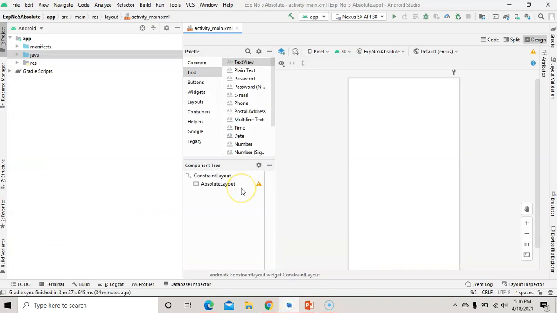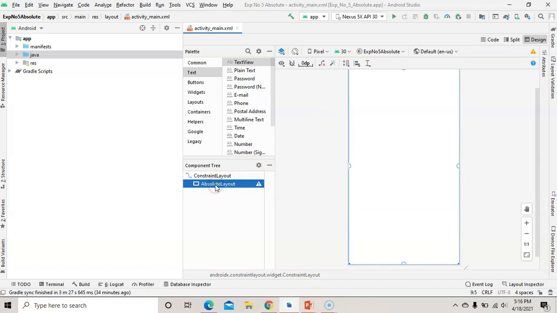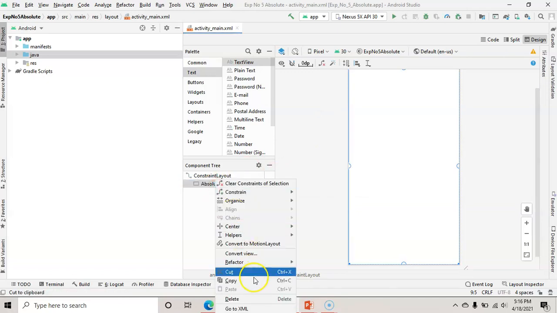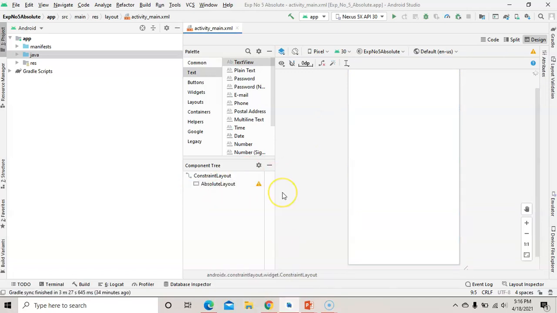First of all, here my absolute layout is already there. I am deleting it, to tell you again how to create it. So here in the layout option, there is no absolute layout, right? So we need to create it.